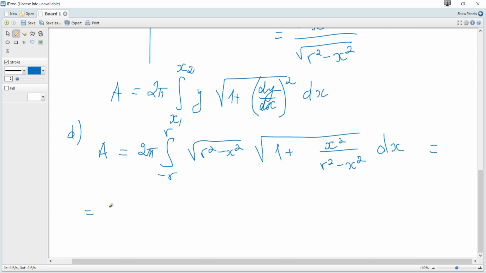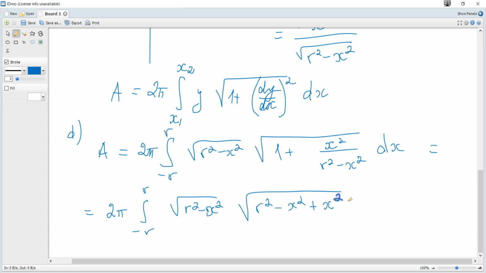And if we make a common denominator, it becomes square root of r squared minus x squared plus x squared, divided by square root of r squared minus x squared, dx,